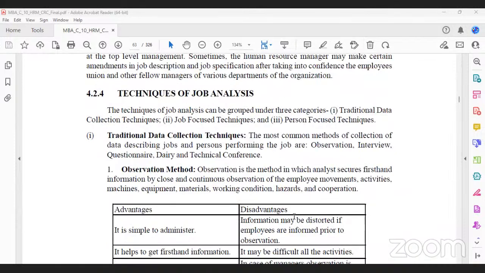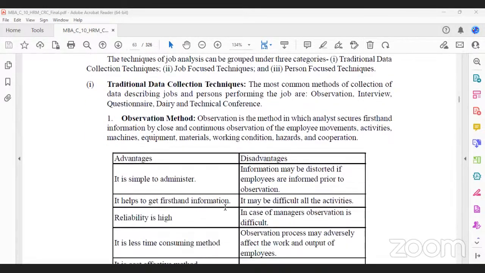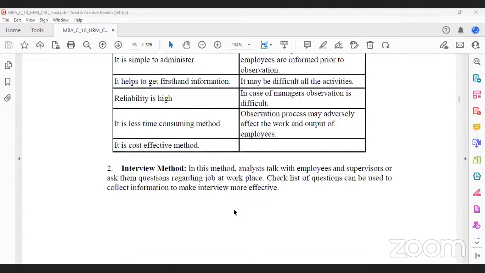Now, how do you analyze? What are the various techniques to analyze the job description? The first and foremost is the traditional method, that is the observation method. Now, with observation you can just watch the employees doing the job closely. You can stand somewhere in the workshop or in the work area and just check how the work is being performed. Like what kind of difficulties the employees are facing while performing the job,